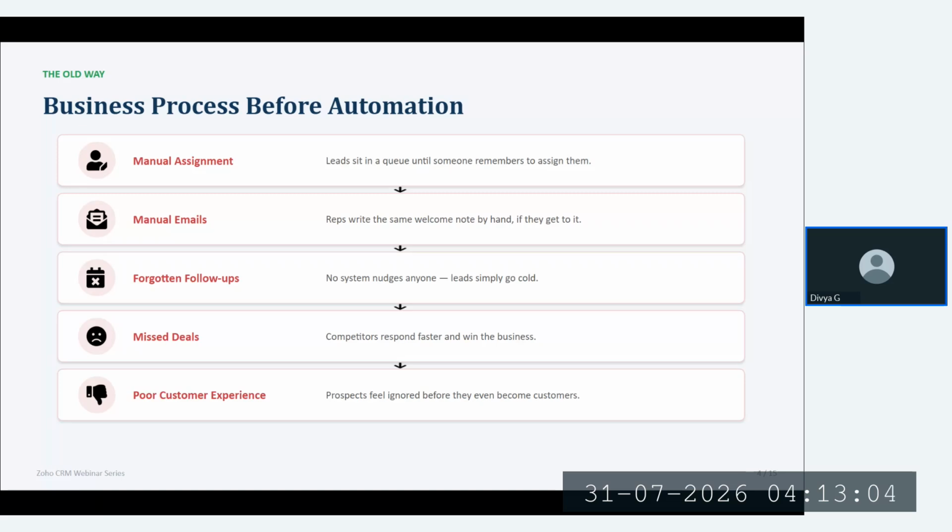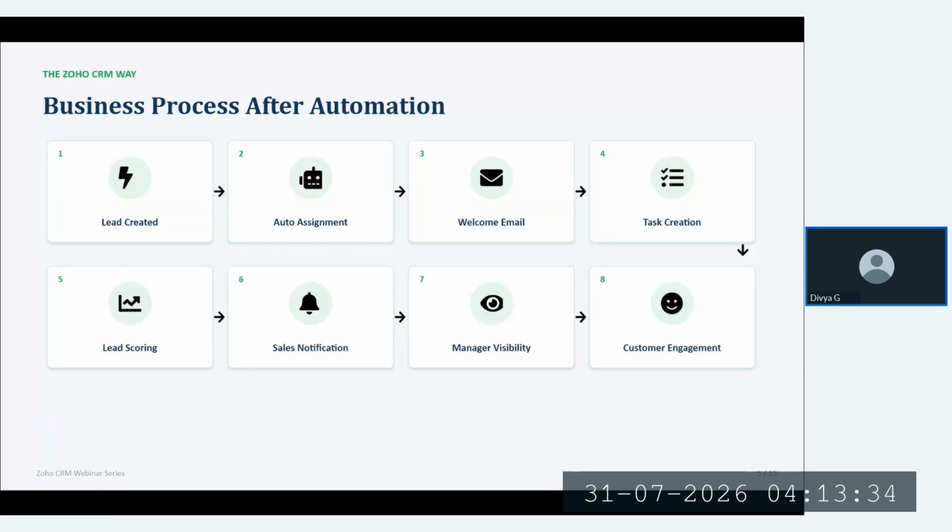Okay. And once we lost the team, we have to give a reason for that too. And the customer response experience will be like, we think we did not get, we did not own that. That's it. So because it takes a lot of time. Instead of that, what we can do is this way the Zoho CRM helps.